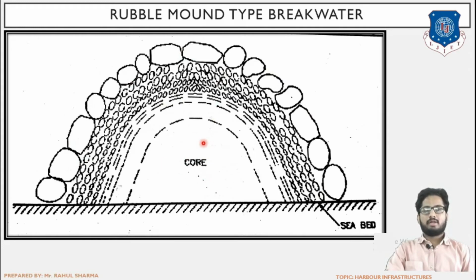And class 3C, that is the lowest quality, is core. The reason for it is that it does not have to perform any function of a breakwater. It just has to provide a volume on which the rubble has to be laid. Repeating again, the lowest quality material is used in the core, that is in the soil part. Why? Because it does not have to perform any function of wave energy dissipation. It just has to provide a layer or a volume over which the rubble has to be laid.